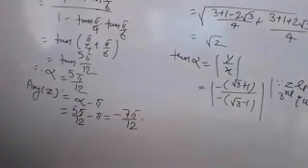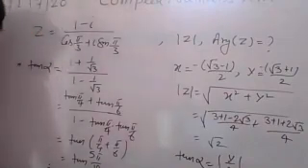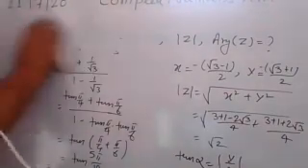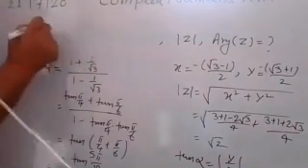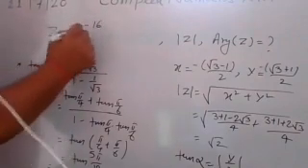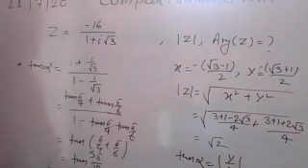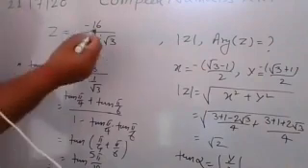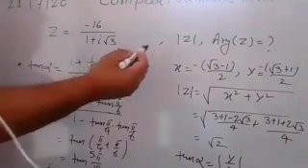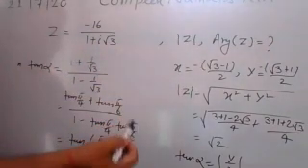Understand? And yes, there is another question. The same type is also there. Try to solve it on your own as homework. Yes, note it. So you write z is equal to minus 16 upon 1 plus i root 3. You have to find the value of modulus of z and argument of z. Okay, so that is your homework. Try to solve it on your own.